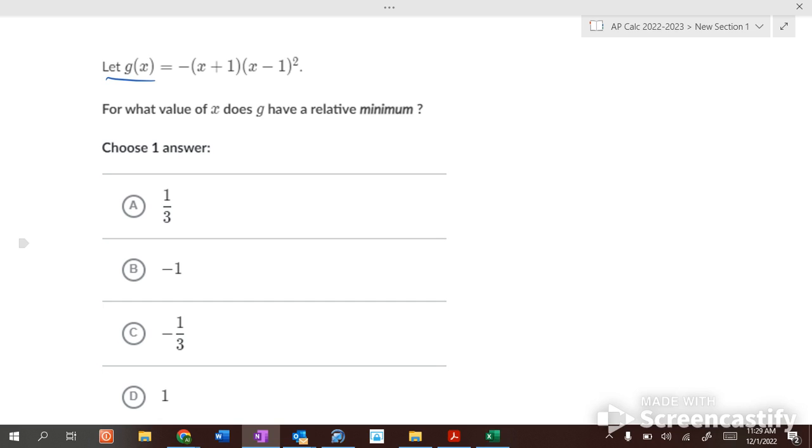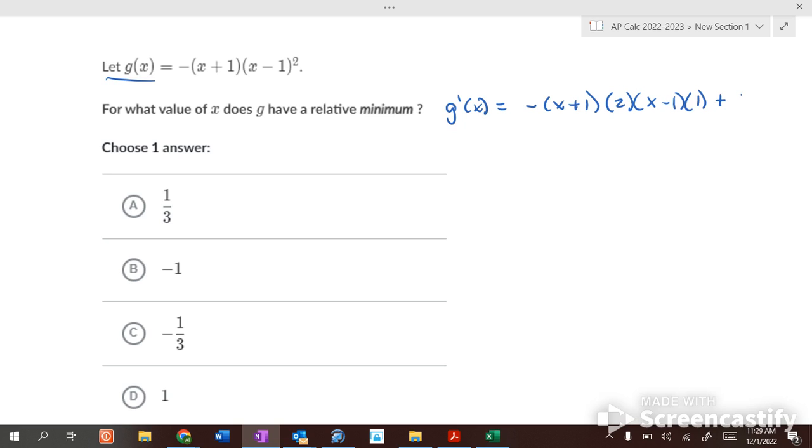Because we have to do the chain rule and the product rule. Okay, so let's find the first derivative. So first derivative of this is -x plus 1 times the first derivative of that bad boy, which is 2 times x minus 1 to the first times the first derivative of the inside, which is 1,